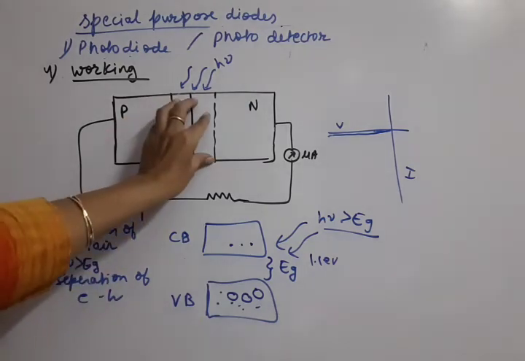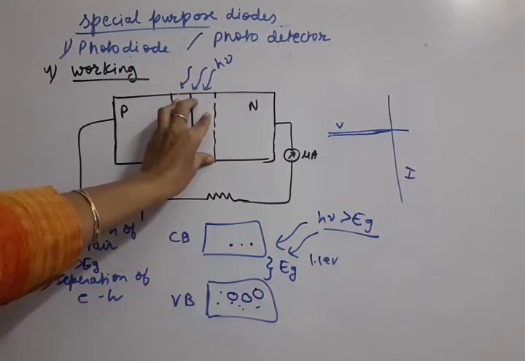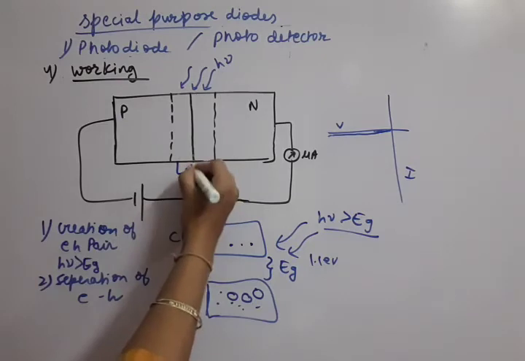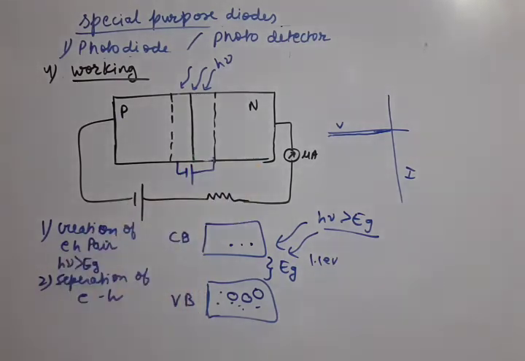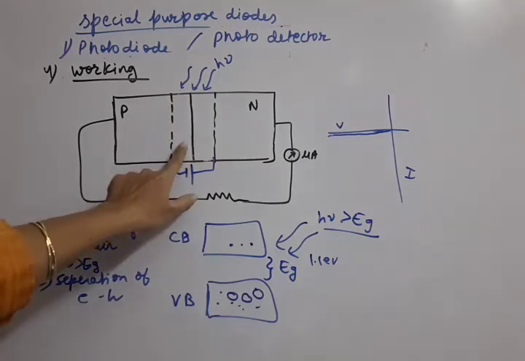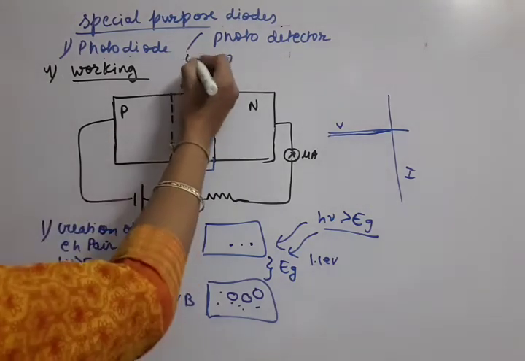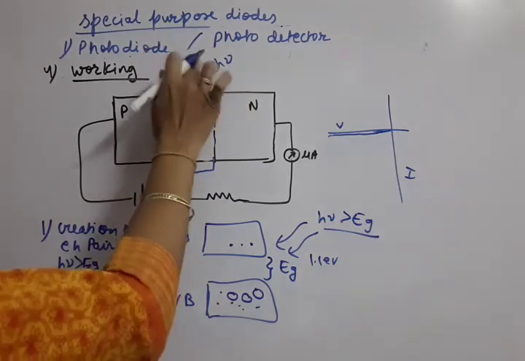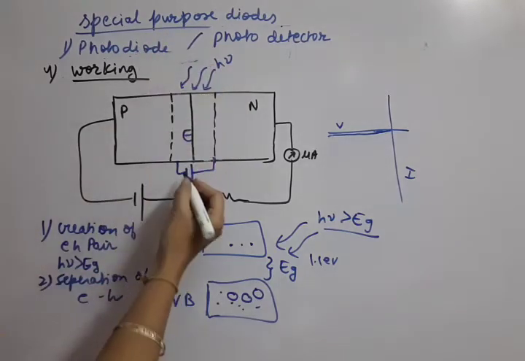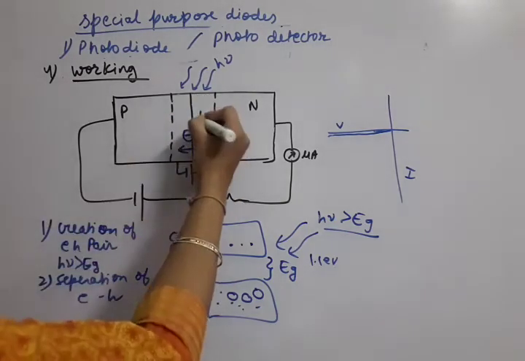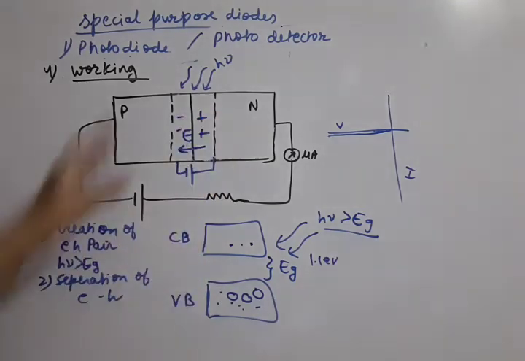You already know there is an electric field present inside any semiconductor, which we can also call the potential barrier. This side it is negative and this side it is positive, because here a positive layer is created and here a negative layer is created. So what is the electric field direction? Okay, we should show it here only. Electric field direction is always from positive to negative. This layer is completely positive, this layer is negative, this way.